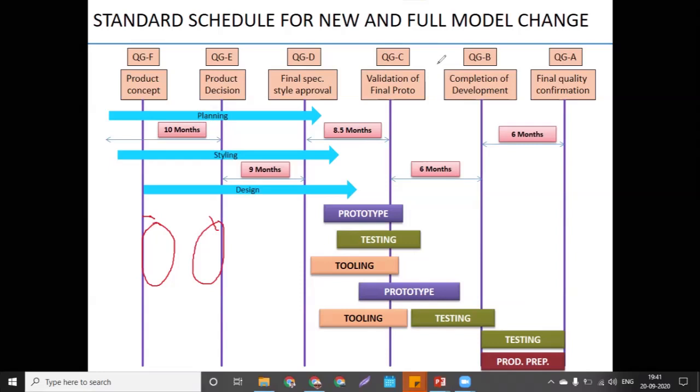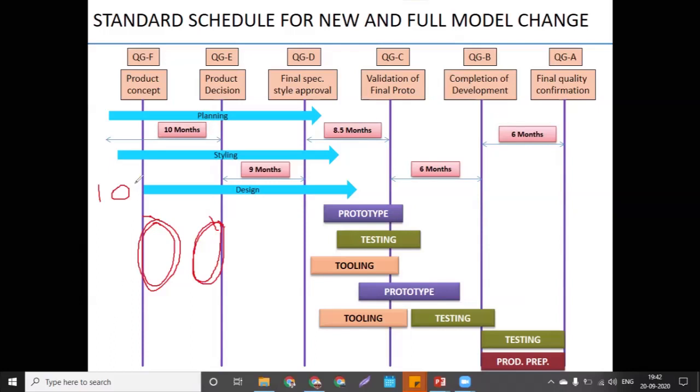Suppose you have committed that there is a delivery of 10 parts. This is what you have to do at the initial level of any gate. But when that gate is going to close, after 6 or 7 months, your supplier and everything will be assessed in terms of how it was done, means quality-wise, is it perfect, and completeness-wise, have you done 100% or not.